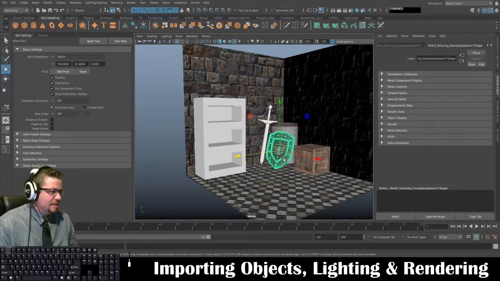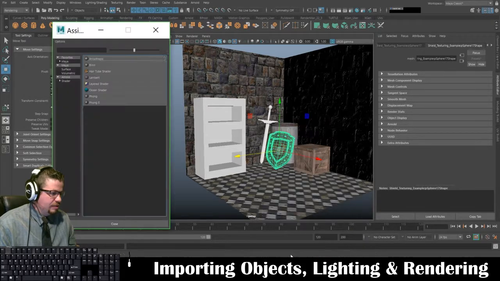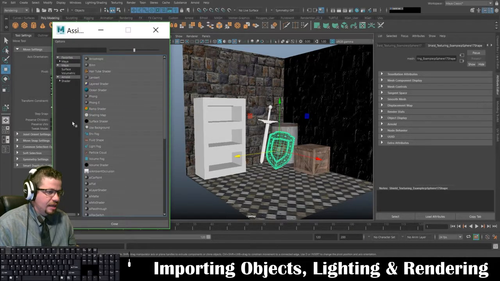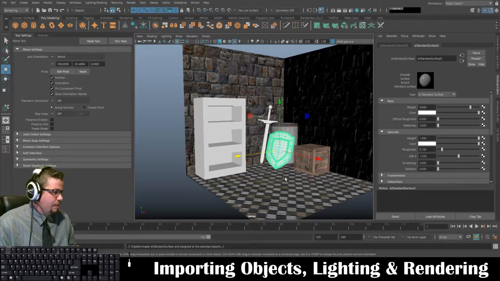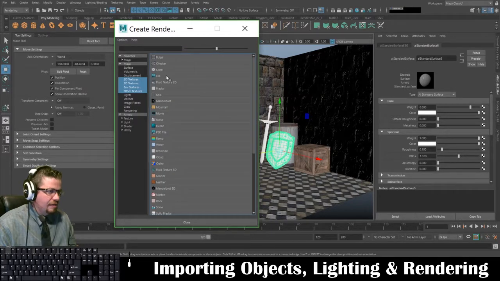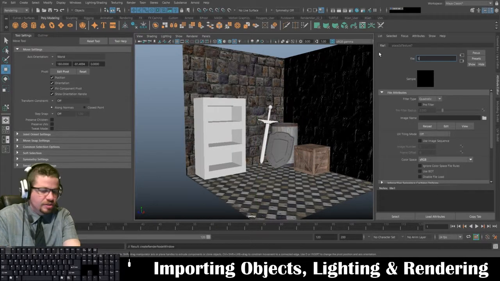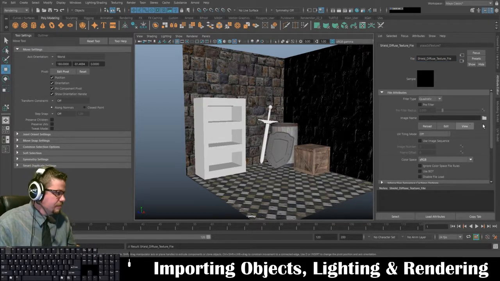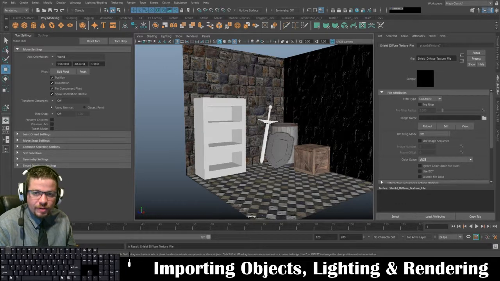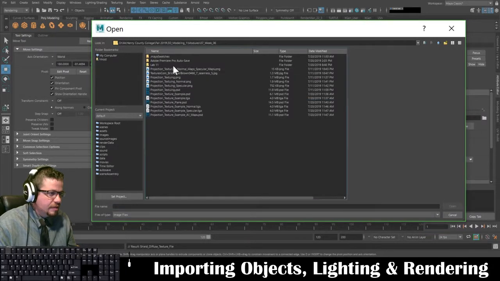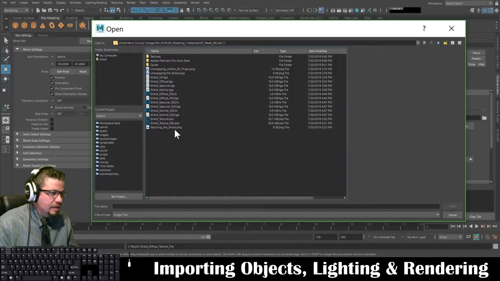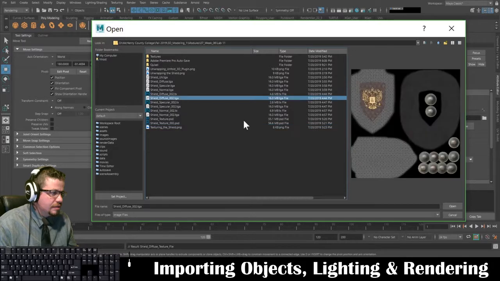So the next thing I'm going to do is I'm going to assign a new material to this. I'm going to hold right click, assign new material, and I'm going to do AI shader, AI standard surface. And this one I'm going to actually start to apply the materials because I already have it. I'm going to do file. This will be shield diffuse texture file, and I'll locate the name or the file, and I believe I had it over here and here, and not that. Here we go. Open,